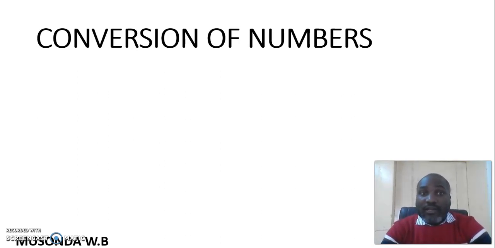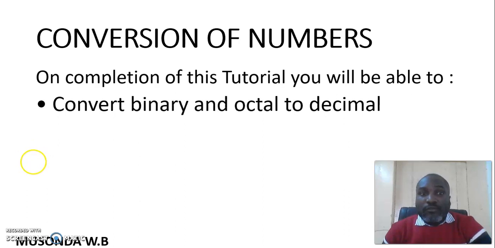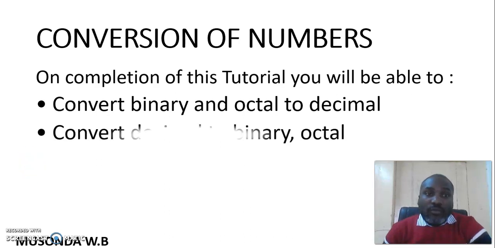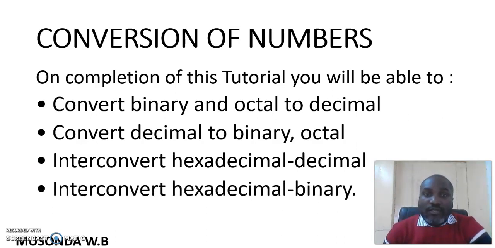All in all, at the end of this tutorial, we should be able to convert binary and octal number systems to decimal. Then we should be able to convert the decimal number system to binary and octal number systems, and then interconvert the hexadecimal and the decimal number systems, and also interconvert the decimal, hexadecimal and binary number systems. So we're going to start with